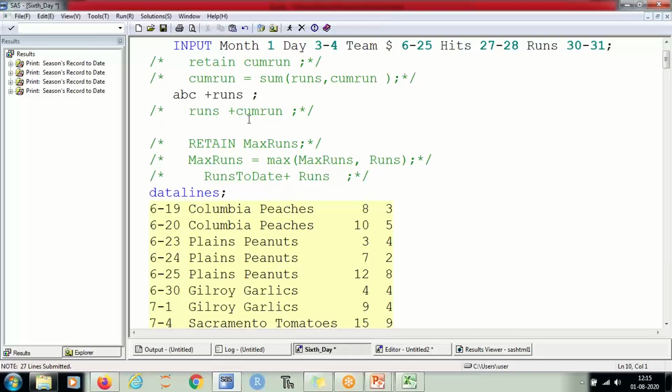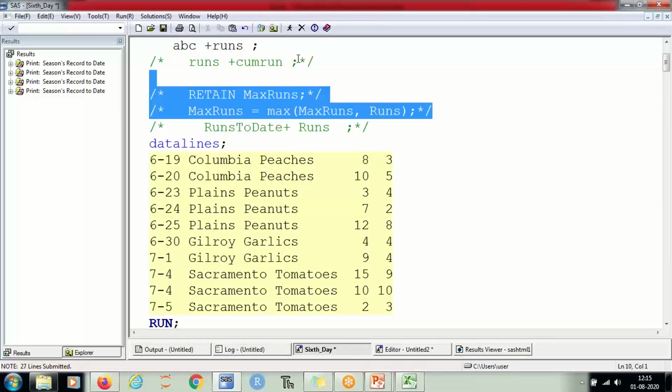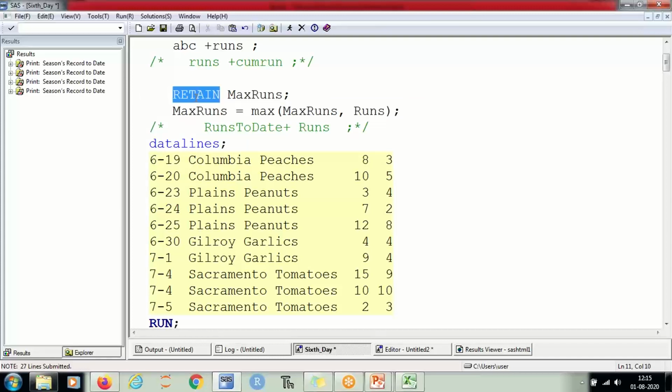Now the second thing which I told you, the second scenario where you need to calculate the maximum run, right? So how can you achieve the maximum run? You just need to retain the maximum run from the first iteration, and then you can check the max between your max run and the current run. So for example, in the first iteration, retain will be a missing value because there is nothing before this iteration.